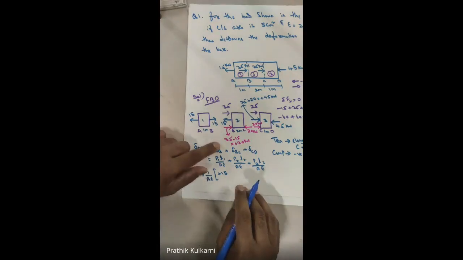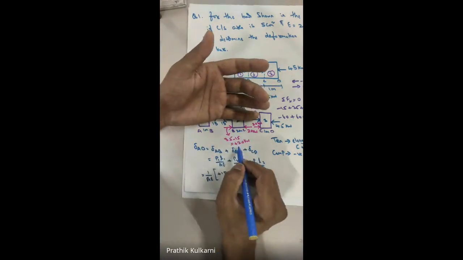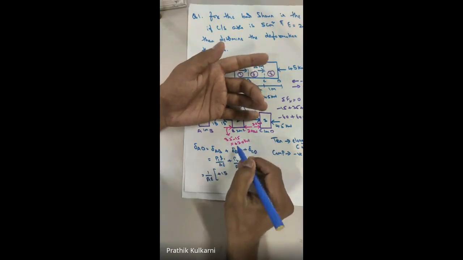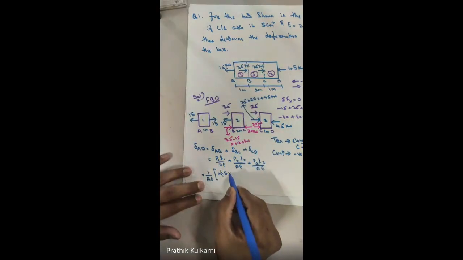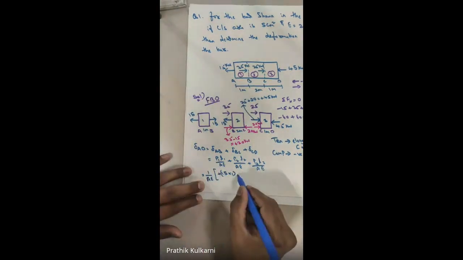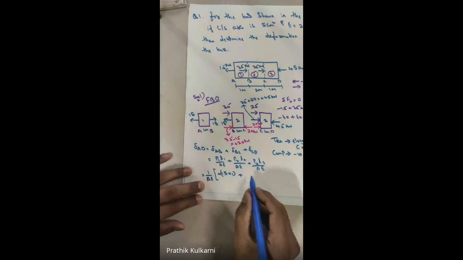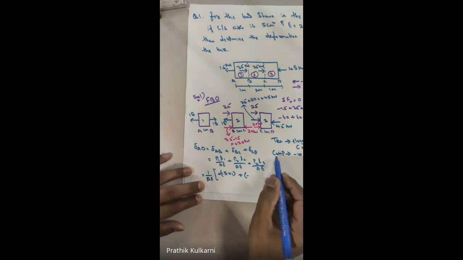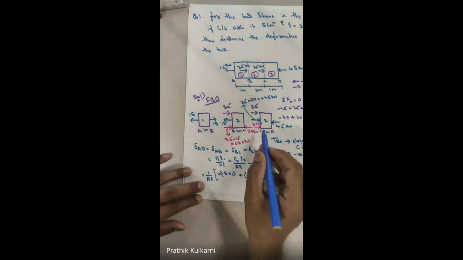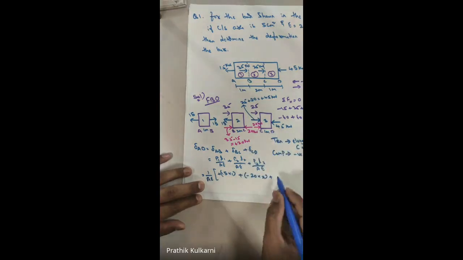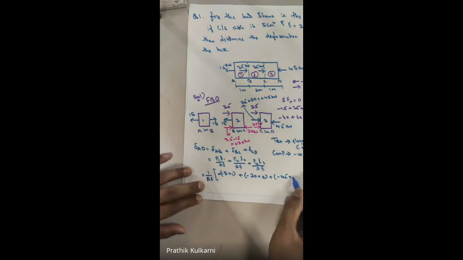Fine. Now if you see with the next one you have to see with the pink. Why? Because ये 20-20 इसको contract हो गया, ये balance हो गया है. Fine. So this is balanced. Then you have to see this one. But here 15 into 1. L1 was 1 meter ना. So second one क्या है हमारा? Second one is also it is compressing or it is tensile. So it is minus. Yes or no? So compress कर रहा है ना, तो minus 20 into 2 plus third one is also 45 and 45 we have total load. So total load if you see we have 45 and 45. So is it compressing or is it elongating? It is compressing. So minus 45 into 1.